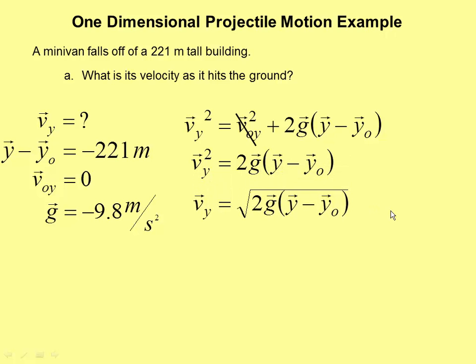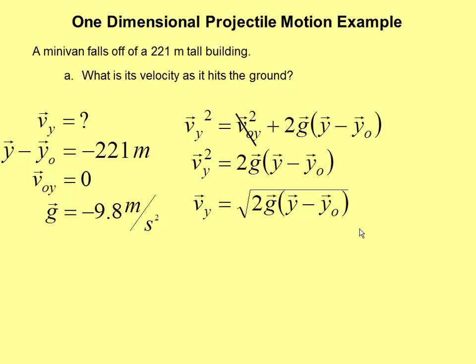But be a bit careful here. This is vector algebra we're doing, and so directions here are important. So think about taking the square root of both sides. When you take the square root of something, what do you get? Think about it this way. If you take the square root of 9,